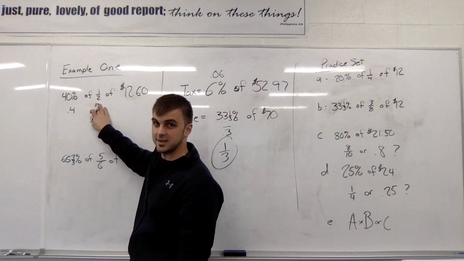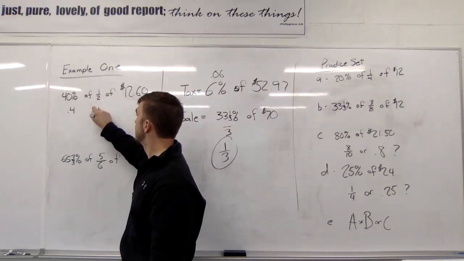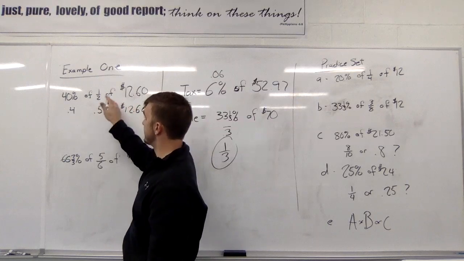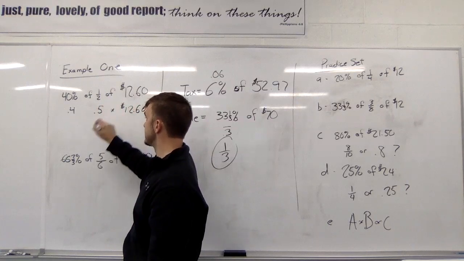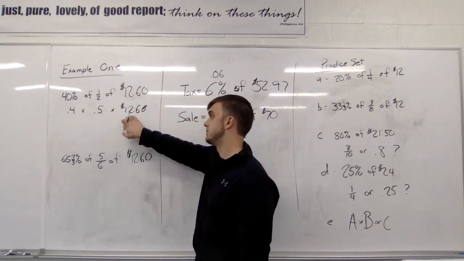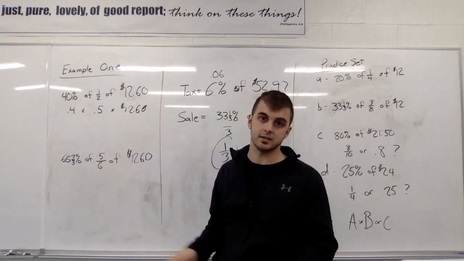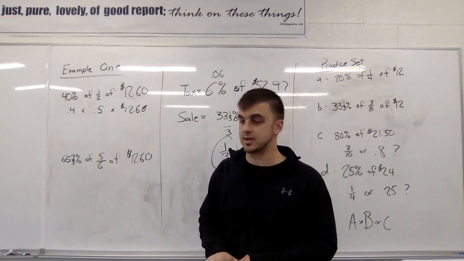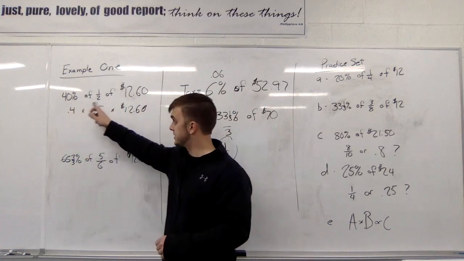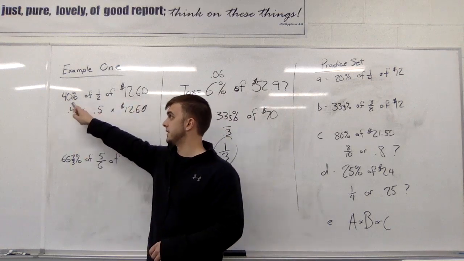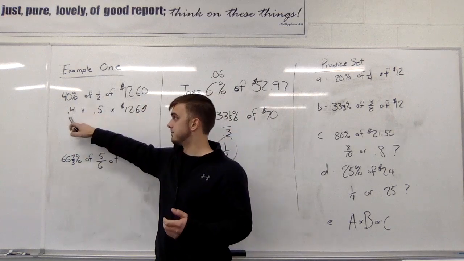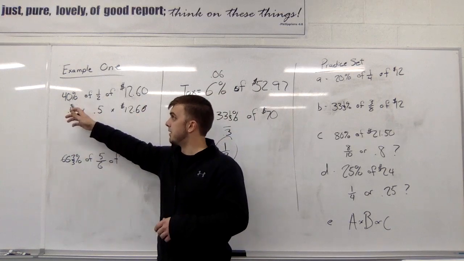What is 1/2 as a decimal? 0.5, and then $12.60. And if you remember from before, this pretty much just means multiply. So it's 0.4 times 0.5 times $12.60. That's an easy thing to do. Put it in your calculator and it figures it out. To try and do this, you don't punch these numbers in your calculators. I don't think your calculators have a percent. If they do, you could do that, but it makes more sense to look at this and say 0.4 times